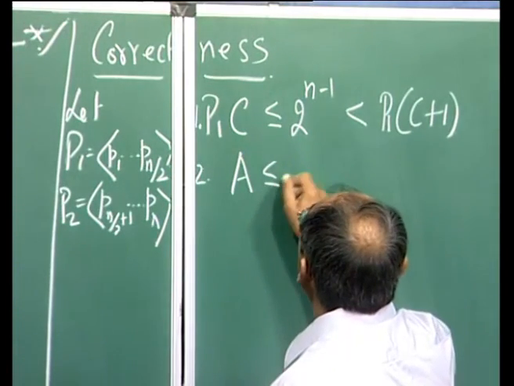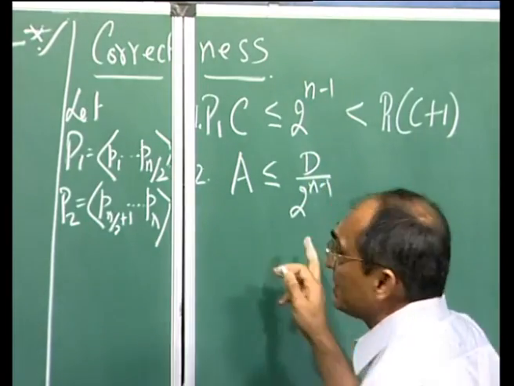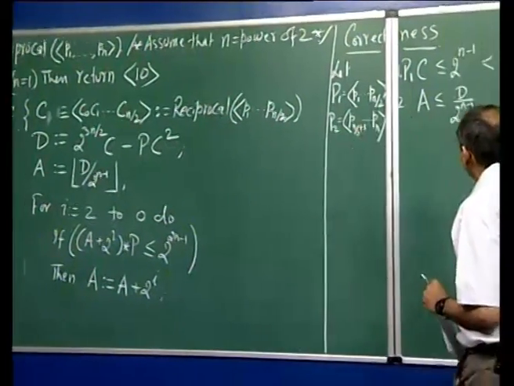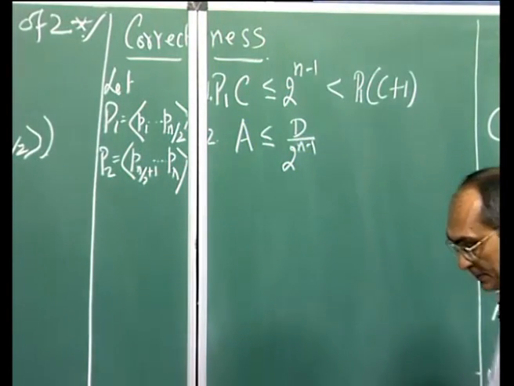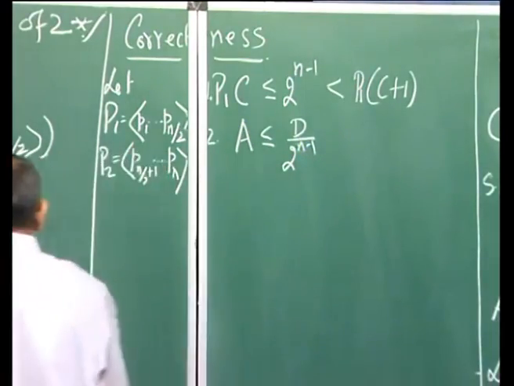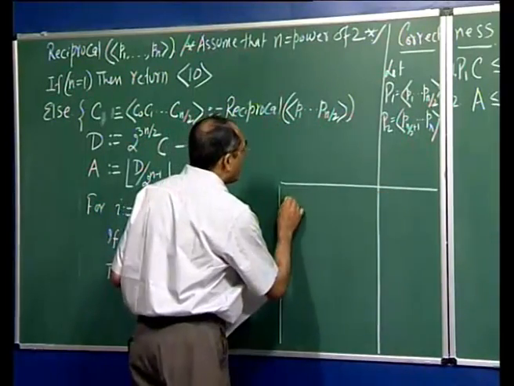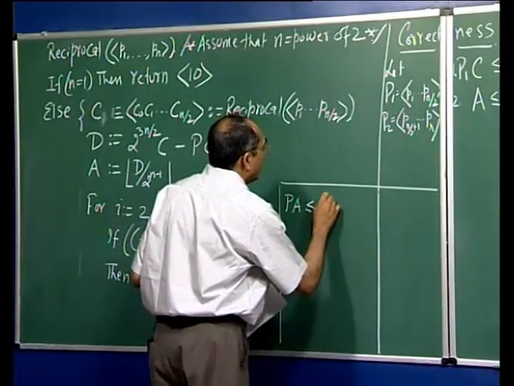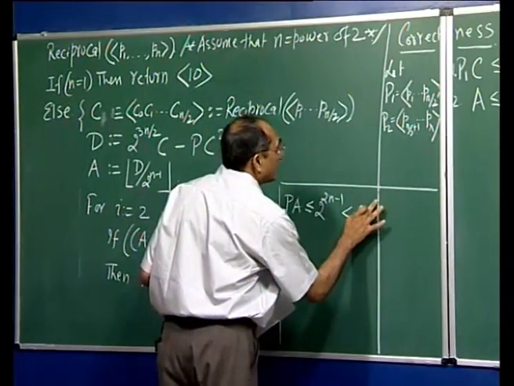A is less than or equal to d divided by 2 power n minus 1. Notice that we chose A to be the floor of d by 2 power n minus 1. So, we know this, and our goal, just go back and recollect, is to show PA is less than or equal to 2 power 2n minus 1, strictly less than